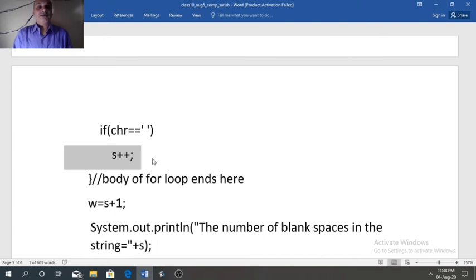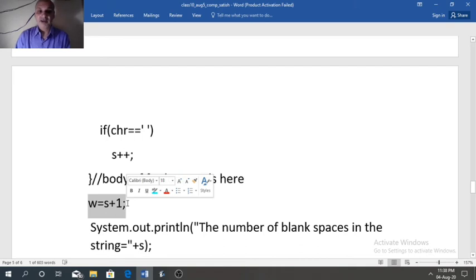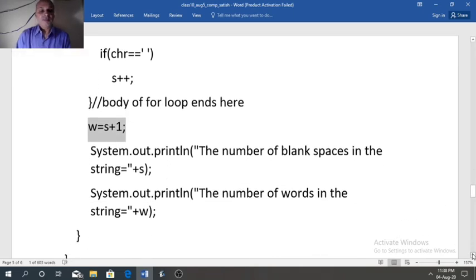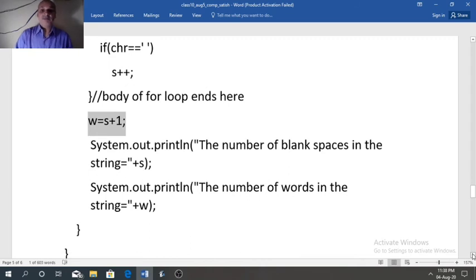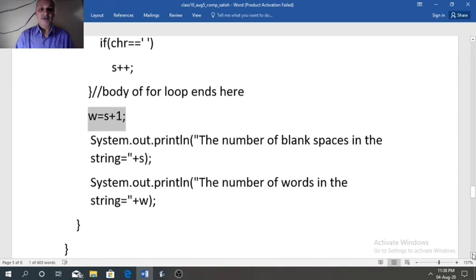So when all the indexes are covered, and wherever space is found, that many times s will get incremented, and after the completion of the loop s will store the spaces present in the string. Then finding the words is very simple, just add 1 to s. That will be the number of words. After that we can display the number of spaces and number of words.